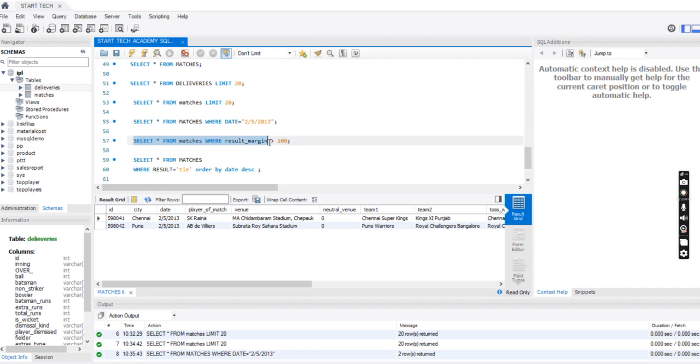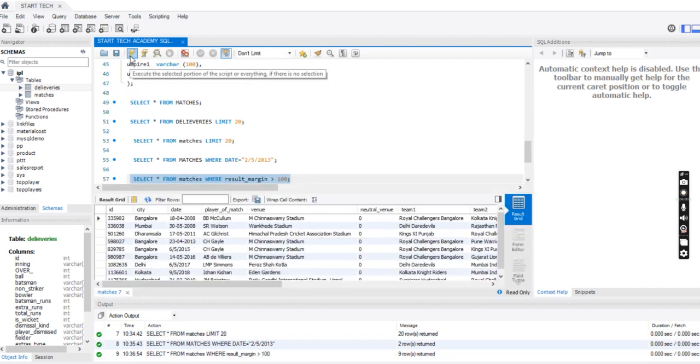Result margin. Result margin is what is given in the equation. Margin of victory is the same as result margin in our table, greater than symbol, because we have to find a greater than thing, and it is greater than what? The number which is provided to us is 100. So select everything from matches table where result margin is greater than 100. Now again I am going to run this. Perfect.